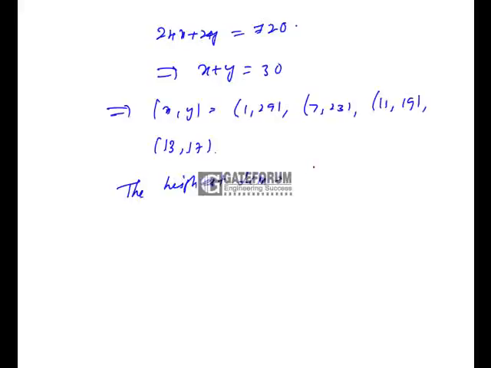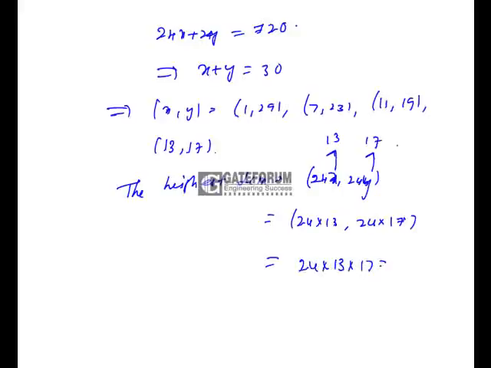LCM will be obtained by 24x and 24y, where x and y values must be 13 and 17. So it is 24 times 13, and 24 times 17. So the LCM will be 24 into 13 into 17, which is 5304. That is option